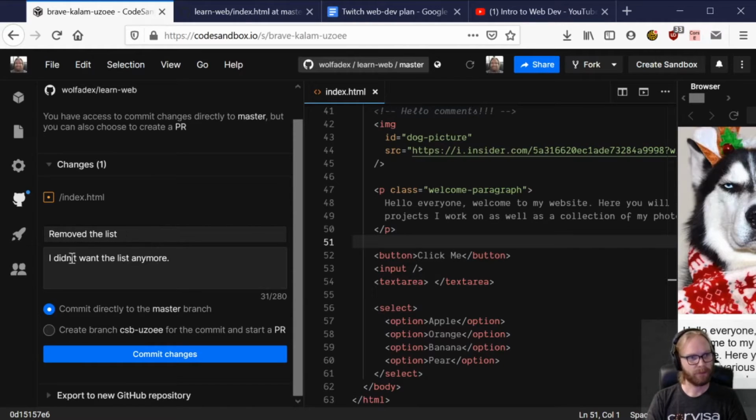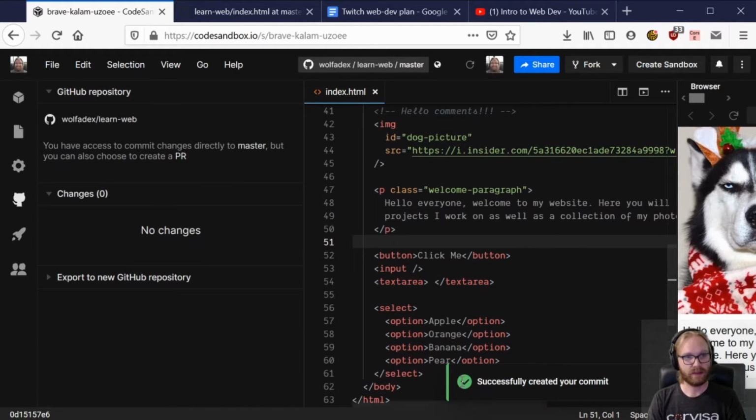All right. Not required, but can be useful, especially if you're making large changes or if you need to add a lot of details. Typically, the summary should be relatively short and concise, and if you need to or want to go into detail, that's when you go down into the description. Now in this case, we're just going to start out with just commit directly to master. Master is the default branch. I'll go over what branches are in just a second, but we're just going to commit to the default master branch. So we're going to commit changes,